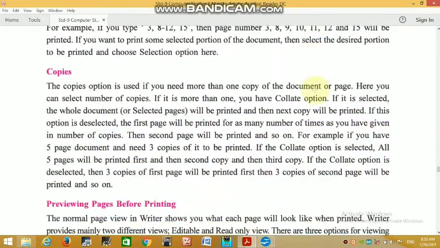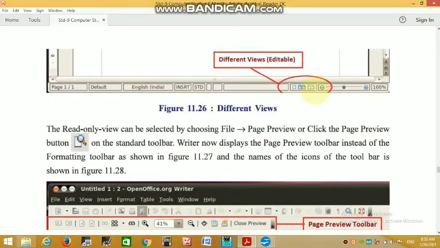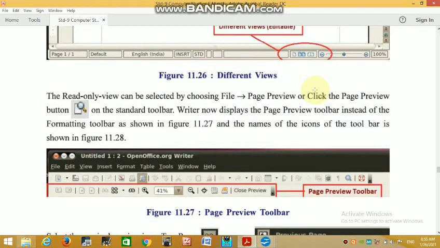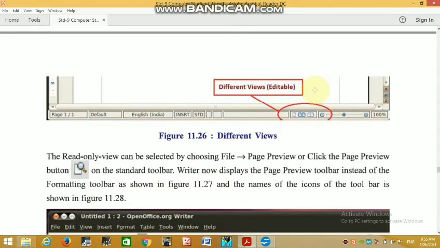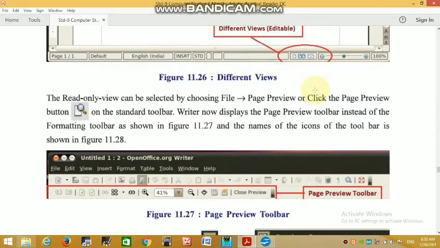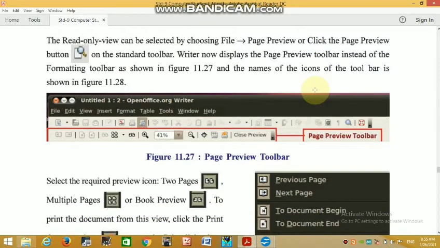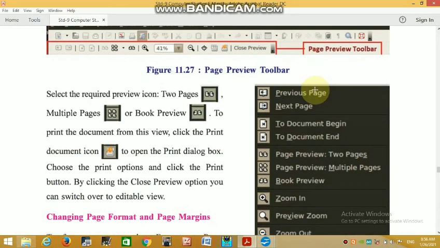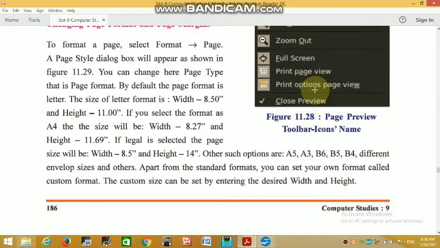Okay, so all these processes are printing and copy. This is a different view of the letter. See this, read only view selected by choosing file, page preview view, 2 page, 1 page, changing a page and page format.